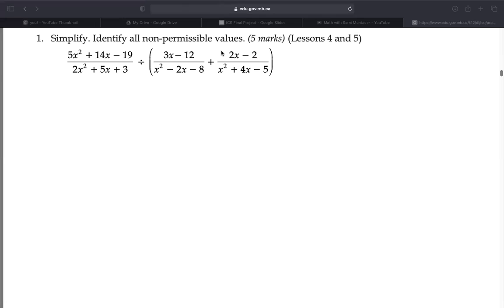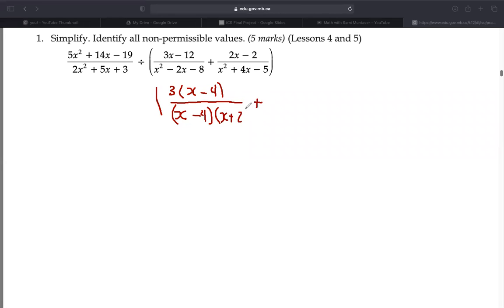So here's a question. It's quite involved. I think you have to do a lot of factoring here. The first thing I would do is take everything and factor it. This part right here is a bit easier. 3 is the greatest common factor from the top here, and we get x minus 4. Then this factors into (x minus 4)(x plus 2),